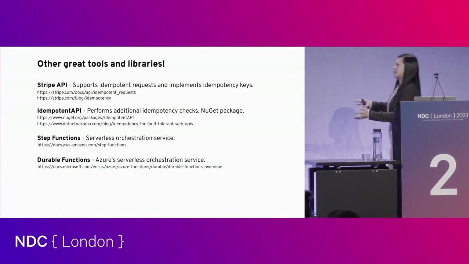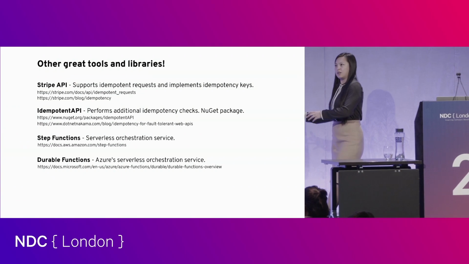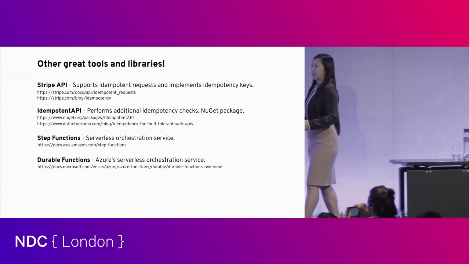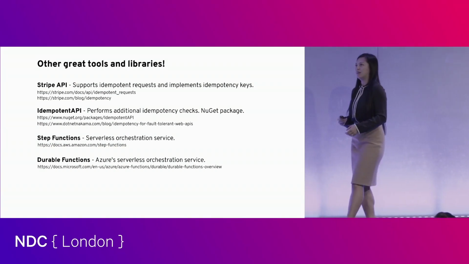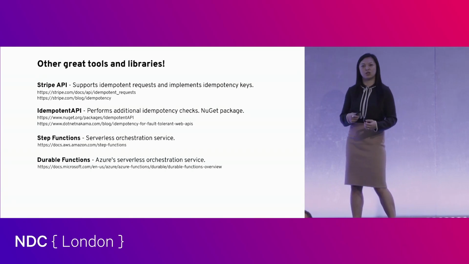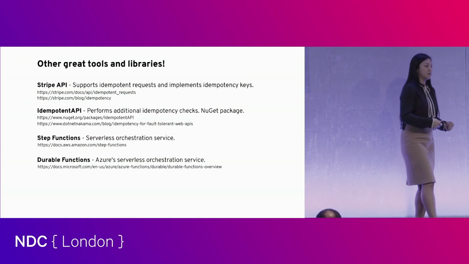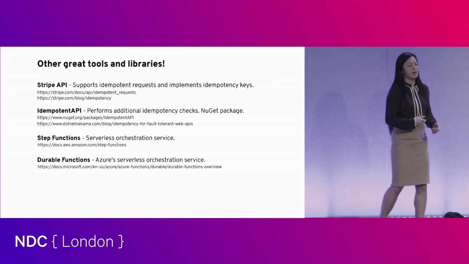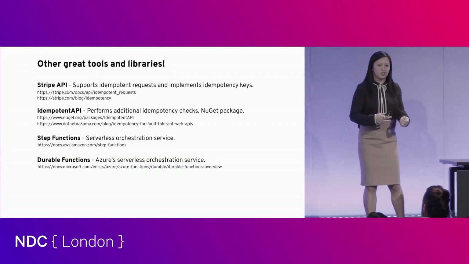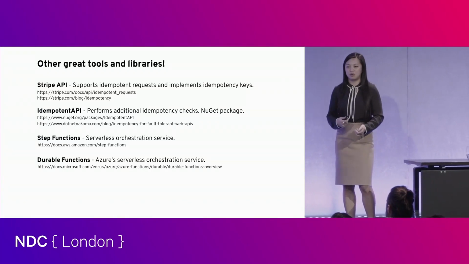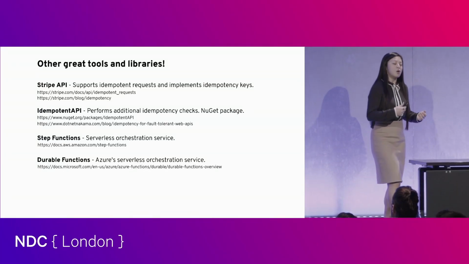These are not necessarily idempotency focused, but they do play hand in hand with the thought of idempotency and making sure the requests or functions that you run are done in a very deterministic way. And it also builds in the checks for you so that you don't rerun requests and have those duplicate requests